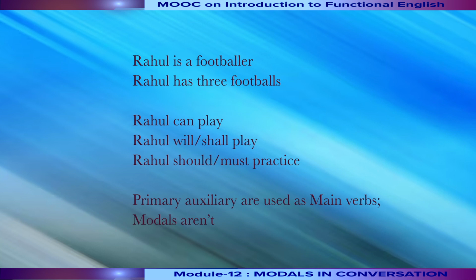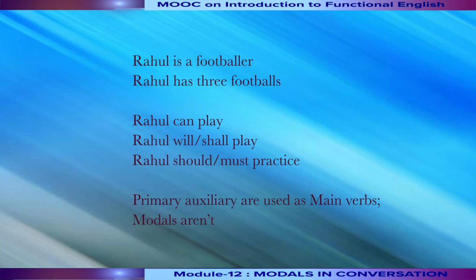So, remember the auxiliary verbs. There are 3 only: be, do, have. They have different forms. These 3 auxiliary verbs can function as main, principal, or even sometimes called lexical verbs in sentences. Whereas if you look at the second group of sentences, Rahul can play, Rahul shall play, Rahul